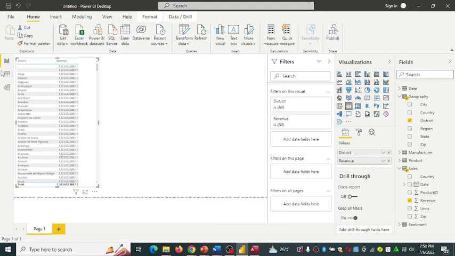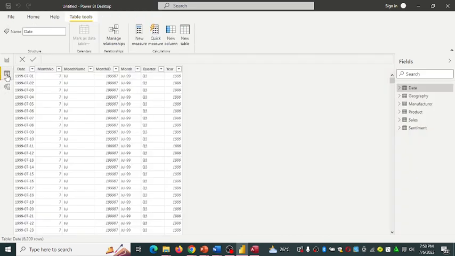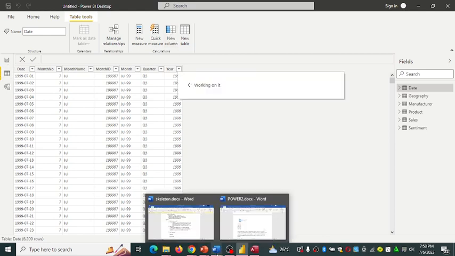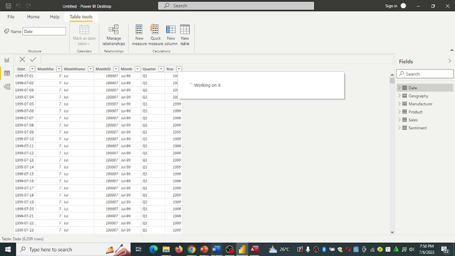When you click on this one, this is the data view. The second icon is the data view, right? Then you click on new column, right? After clicking on new column,